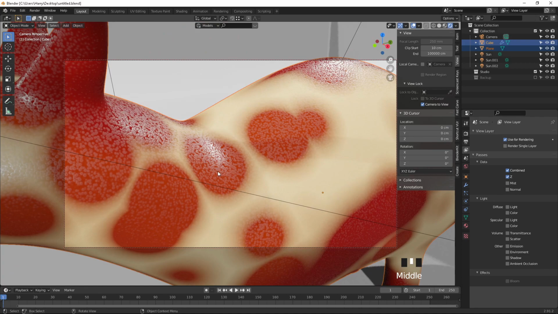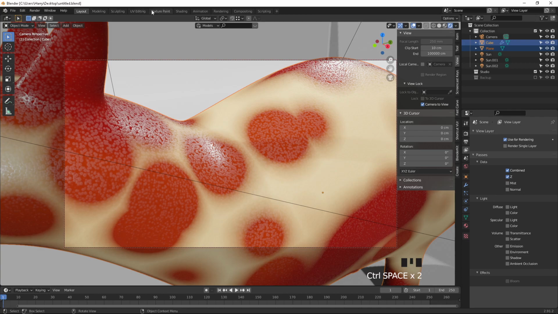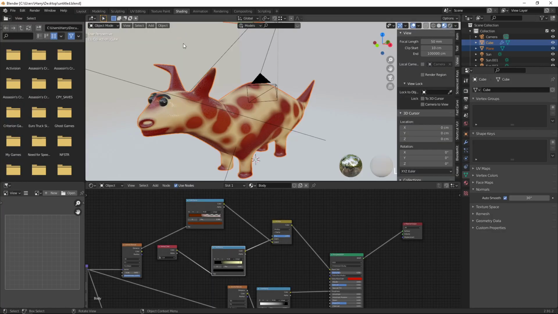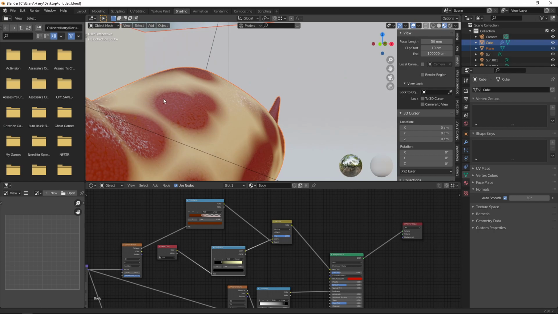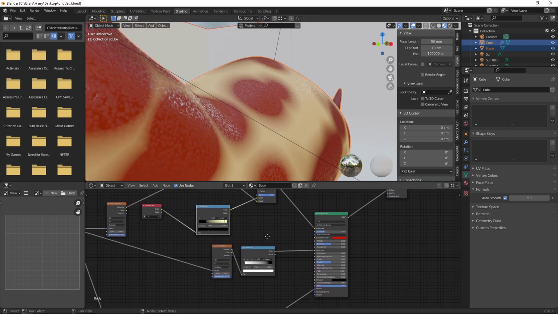Here you can see the roughness. It looks pretty bad, so we can change this one now. Go to Control Space and go to the shading option, and we can change this roughness value again.